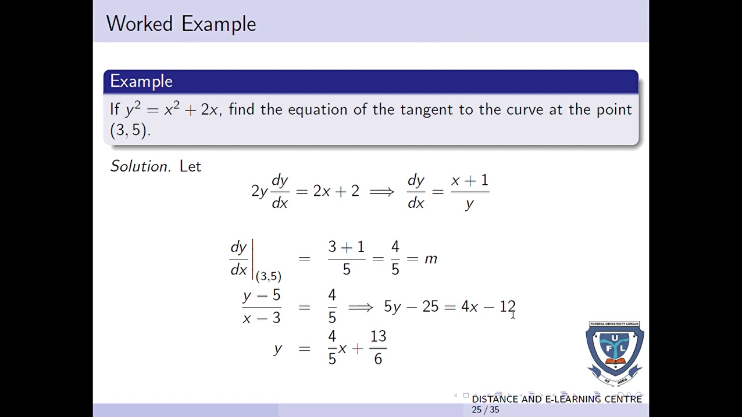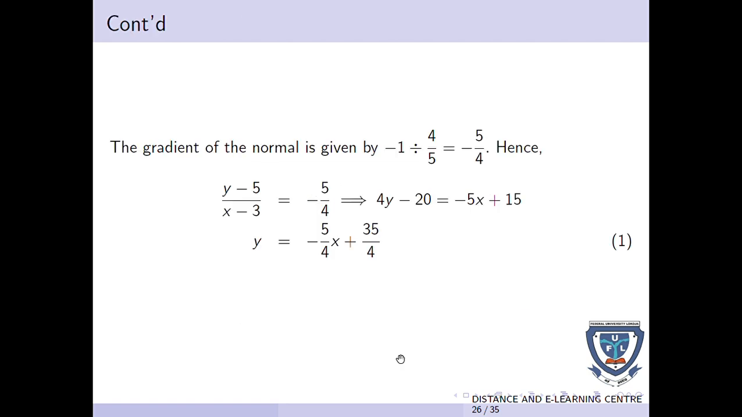Solution: let 2y dy/dx be 2x plus 2, which implies that dy/dx will now be (x plus 1) over y. Now do that at (3, 5). You're going to have 4 over 5, which is the gradient m. Yes, and (y minus 5) all over (x minus 3) is equal to the gradient. Make y the subject. You're going to have 4/5 x plus 13/6 as the equation of the